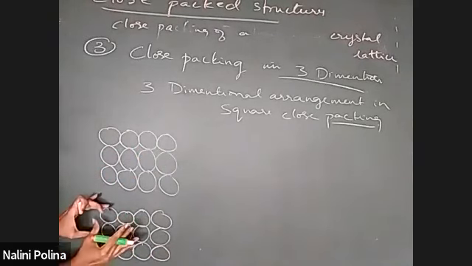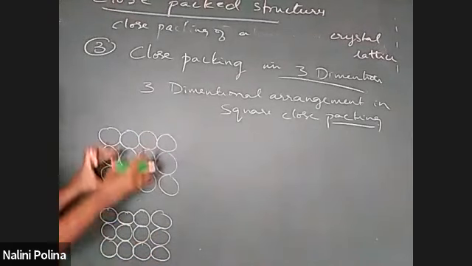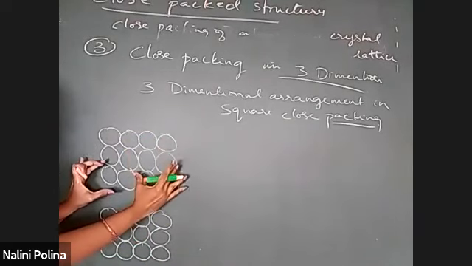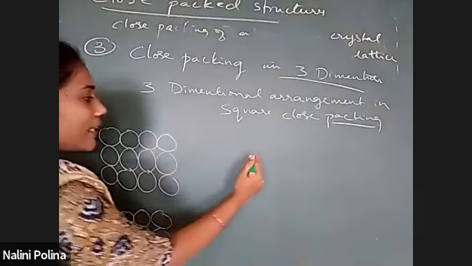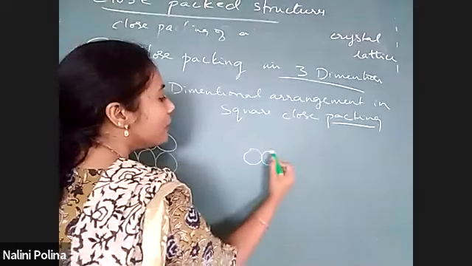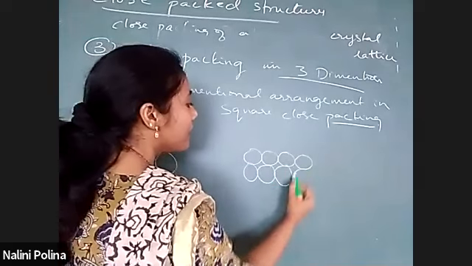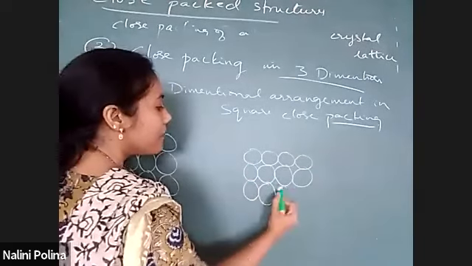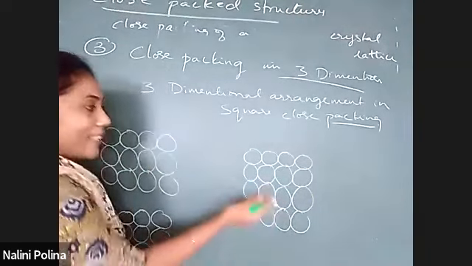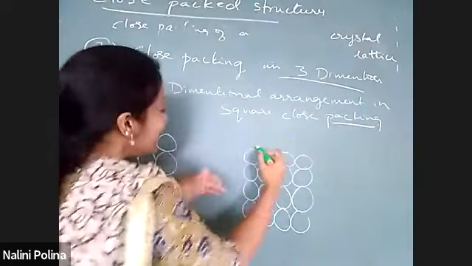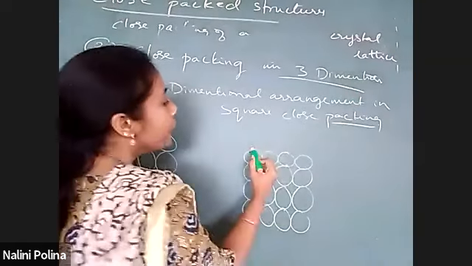So this layer, exactly when I bring this second layer onto this, and the third layer exactly onto the second layer, how does it look to you? Just picture it. It may not visualize that clearly, but I am just trying. Okay, so this is our first layer. If I put another layer on top of this, not round and round, just so many layers, one on top of another, it looks something like this.